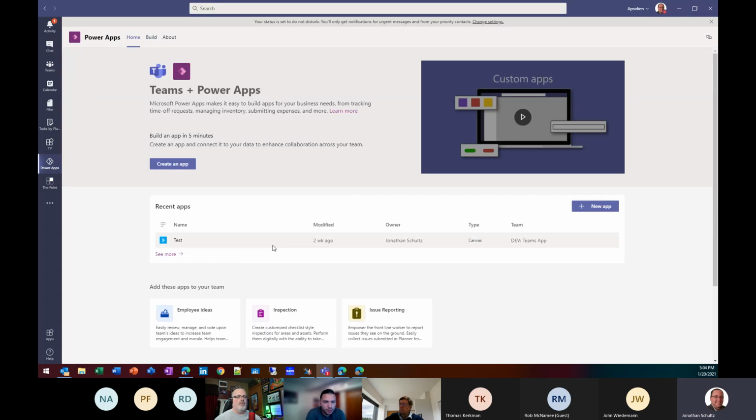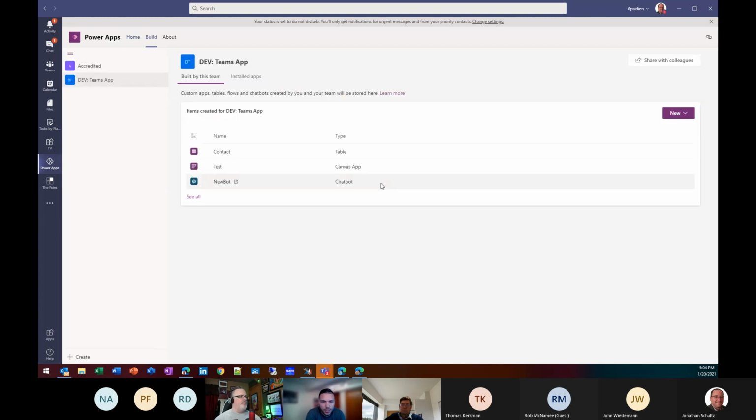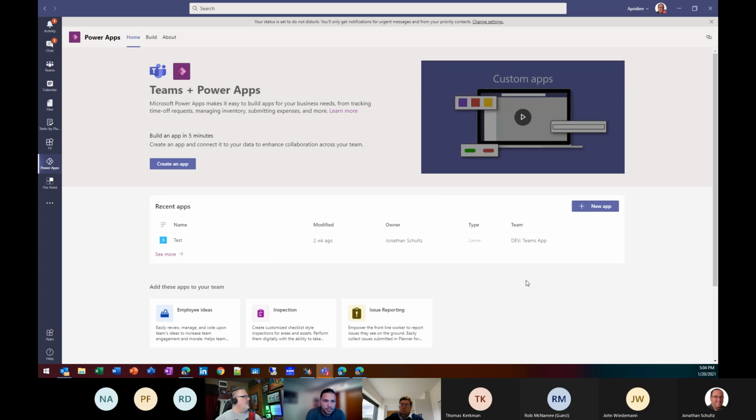A couple of points there too: the only time you can really modify that table is through Teams. You have to be logged into Teams and be an owner to modify it, either in the Power Apps app within Teams, or in this back end build mode where you can modify that database as well. So there are 2 ways you can do that, and those are the only two ways you can really access that information. I think it was John W.'s point earlier. I'm not sure if you can access that in SharePoint. The way they've implemented Dataverse for Teams is still a bit newer, so I'd be curious to get that answer too.